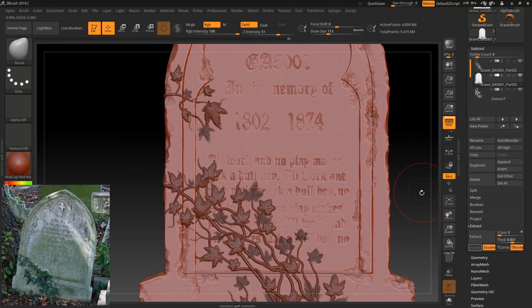Cool, that's fine. So I'll just do the mesh extract again, hit accept,